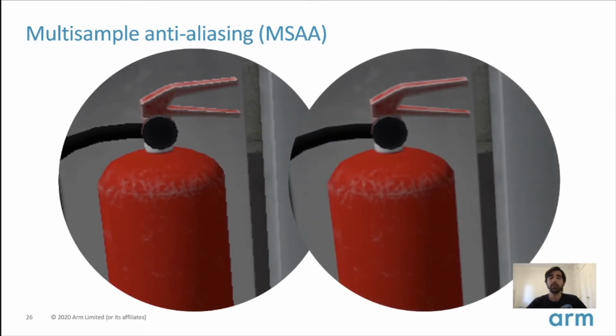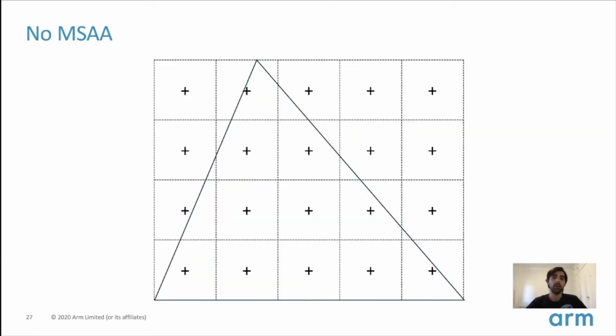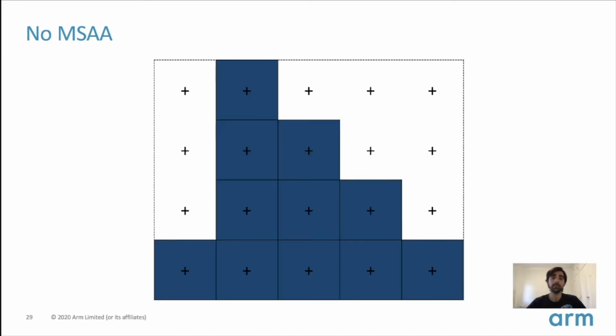But how does multisample anti-aliasing work? Well, without anti-aliasing, what we're doing when we're rasterizing the polygon, in this case this triangle, we're looking at the center of the pixels. And if the center lies within the triangle, then we are rendering it as part of the triangle. By that I mean, we're taking these pixels, and then for each pixel, we are computing the result of the fragment shader and saving it to the pixels. But as you can see, this creates big jumps around the edges, this staircase effect, that is what translates into the jagged edges.